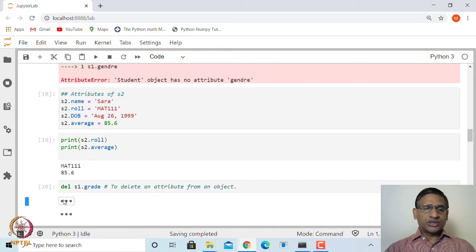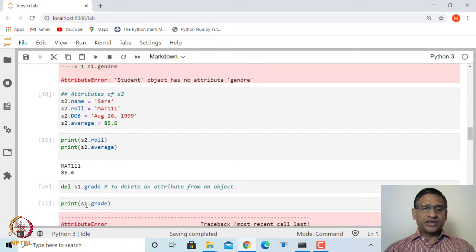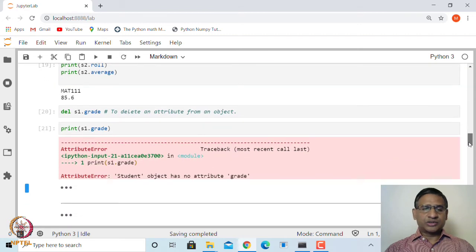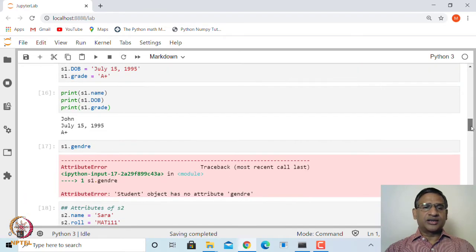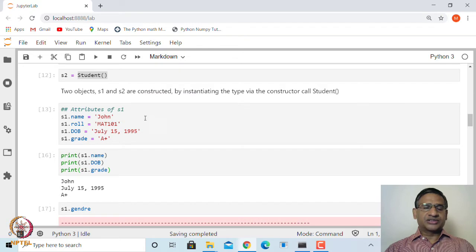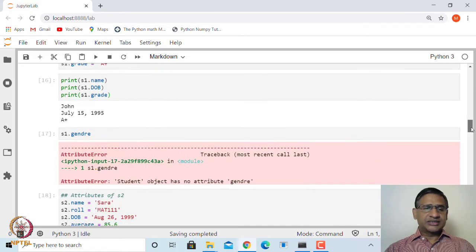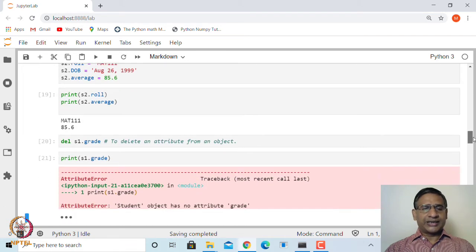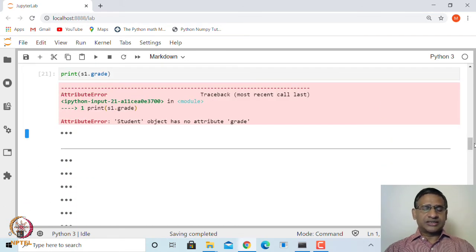Now if you ask for the grade of S1, it will tell you that this particular attribute does not exist. The Student object has no attribute grade. Note that we have not created this del for the Student class, but it is available. So there are some default attributes, and we will look at several of them.